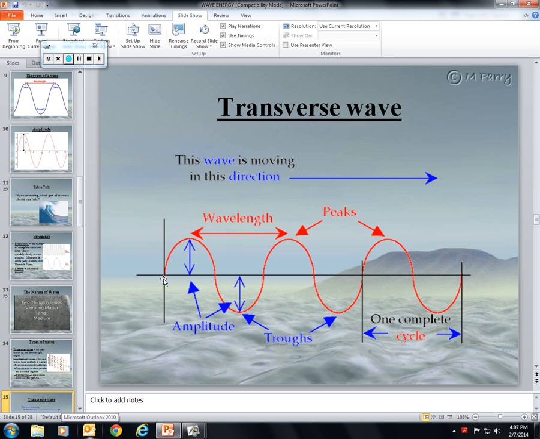Okay, but in this picture you can see this transverse wave is moving up and down in this direction. And we would say that there are 3 waves here, 3 hertz. You can see again they're pointing out amplitude, wavelength is crest to crest, trough to trough would be another wavelength. Wave height would be, just so you know, crest to trough. How high exactly is the wave from the lowest point to the highest.